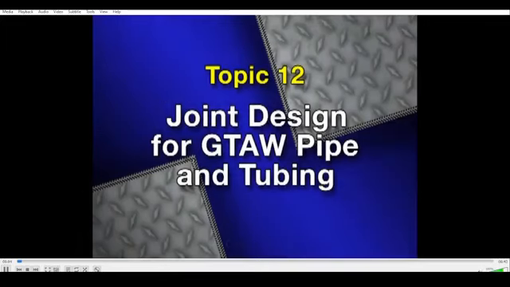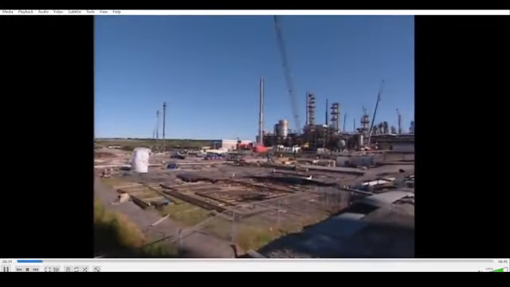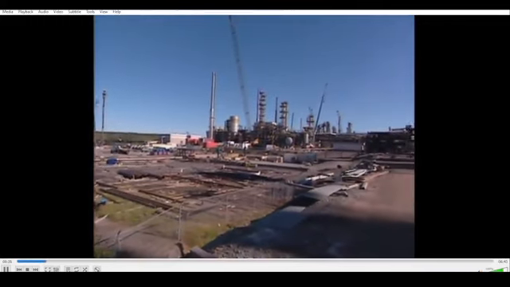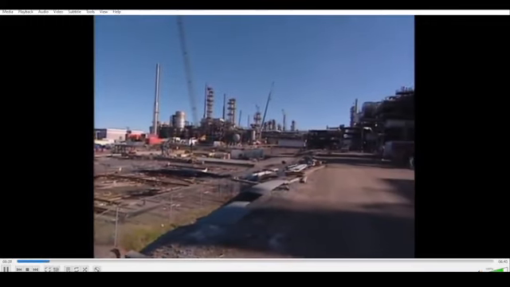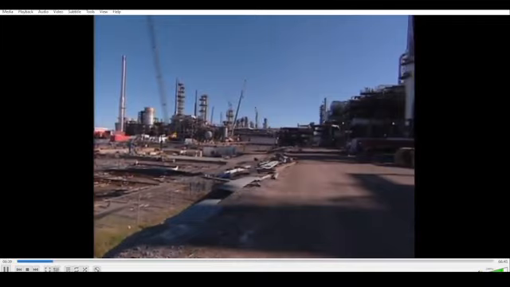The objective of this topic is to provide a basic understanding of the various types of pipe weld joints associated with the gas tungsten arc welding process. The gas tungsten arc process is normally used for welding pipe where high-quality welds are required, such as welds on high-pressure piping. High-pressure piping can be found in thermal and nuclear power generating stations, refineries, chemical plants, and other related